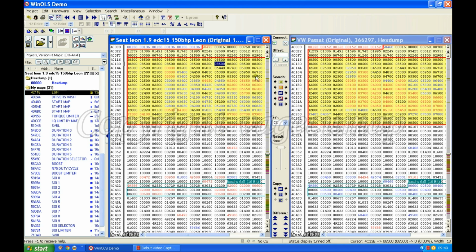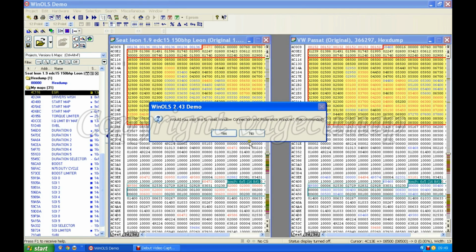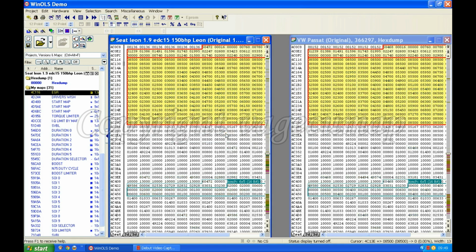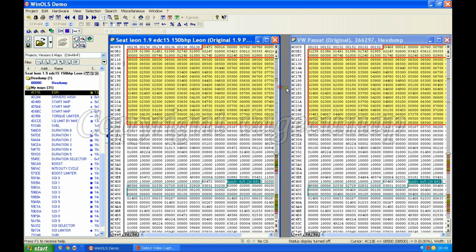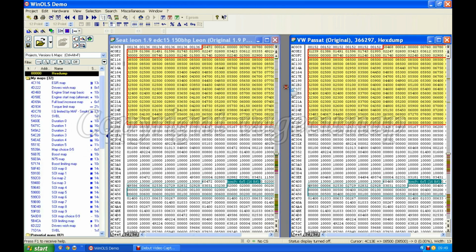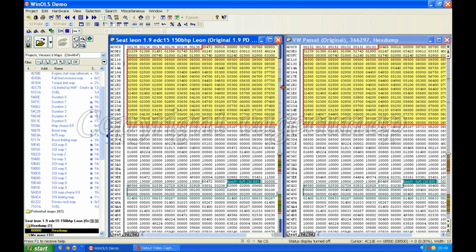Right, now, if we didn't have this view open, so in other words, if I go back and it says, do you want to reset the windows, and I say yes, notice it hasn't put them back where they were originally, with one at the top and one at the bottom. It's left them side by side, which is fine. Let's just see if I can get a little bit more of that one to show and a little bit more of that one to show. The reason why Windows puts them this way I don't understand, because very often you can't see enough of the file that you're looking at width-wise when they're this way around. So I've never quite understood why the developers think that side by side like this is the best way to go,